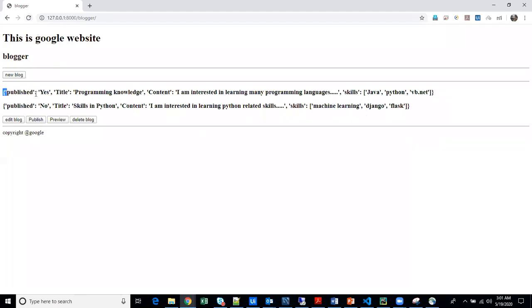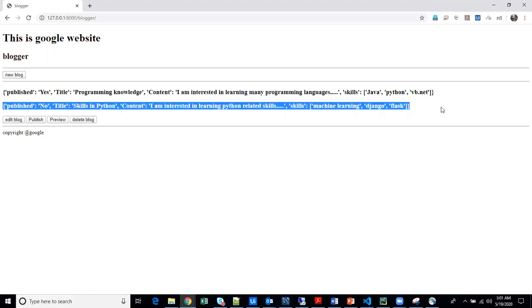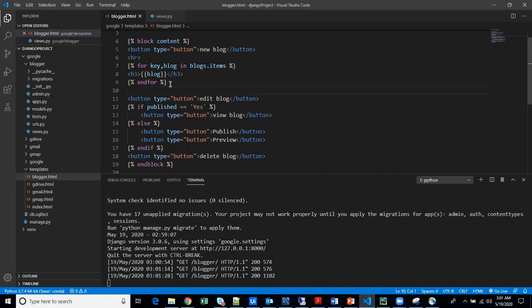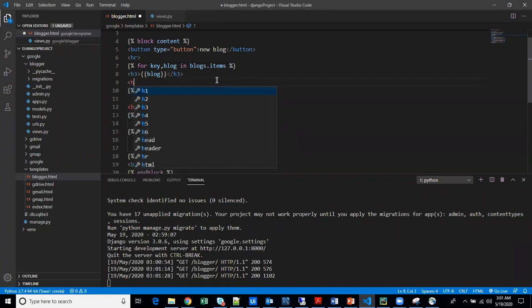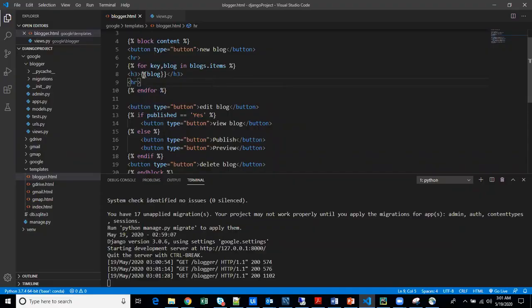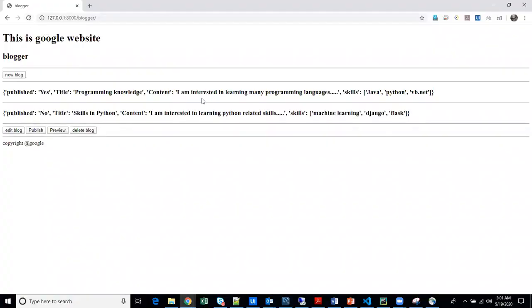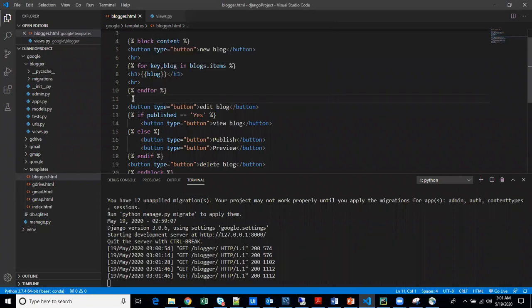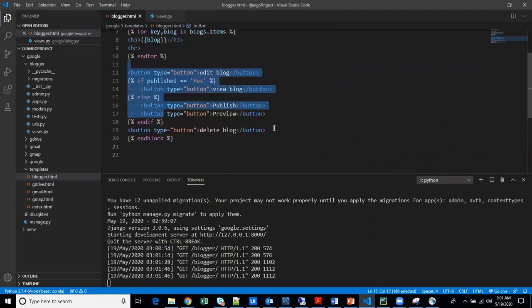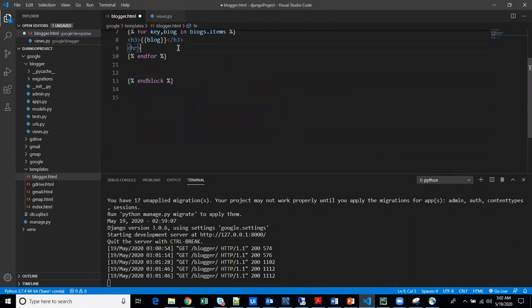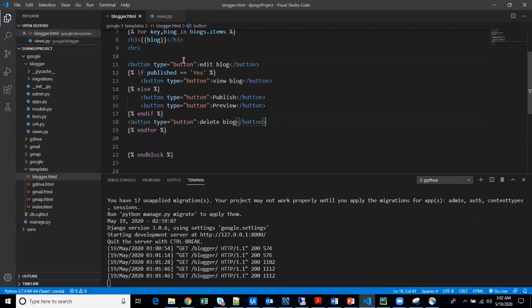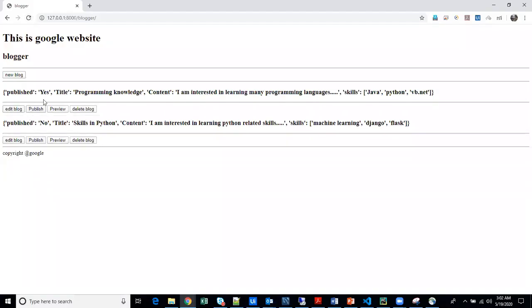So it is printing published is yes, title, programming language, content, I'm interested in learning programming. So it is printing two things. Okay. I will separate this with HR. Okay, it is split, and what I will do is I will take all of them till here. Endif. Why is the delete button outside endif? Okay, anyway, we'll keep this inside the for, so that both of them should have it, but this HR should be